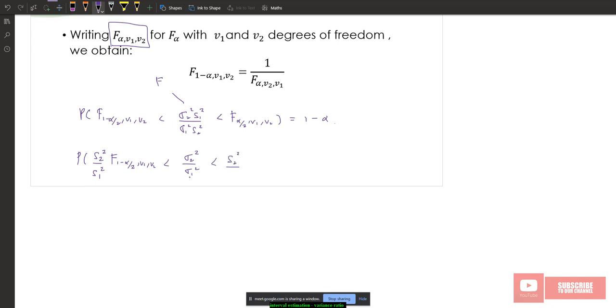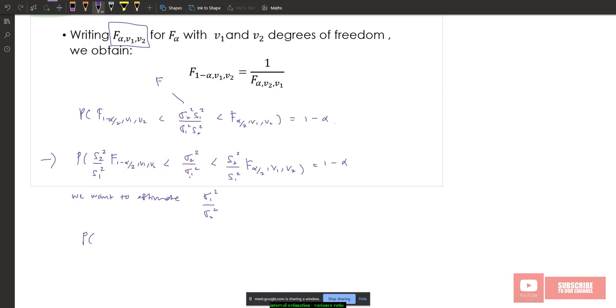Same over the right hand side, f alpha divided by 2 v1 v2 equal to 1 minus alpha. So basically what we want to do is estimate sigma 1 squared over sigma 2 squared. If you want to estimate the other way, which is sigma 2 squared divided by sigma 1 squared, this is the equation. So if you want to estimate sigma 1 squared divided by sigma 2 squared, the equation